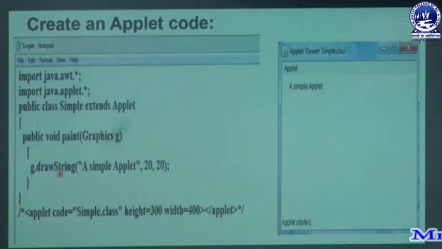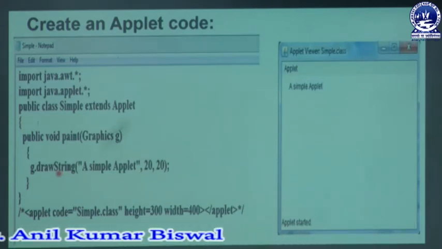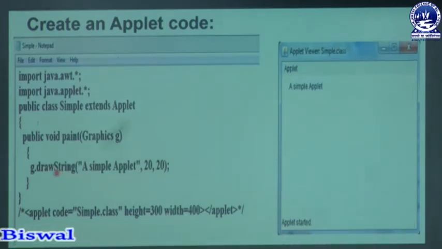With the help of the drawString method, we can write some text in our browser. That may be your inbuilt web browser, or our user defined web browser, meaning Google Chrome, Netscape Navigator, etc. Inside drawString we have some parameters, like a text, for example a simple applet.